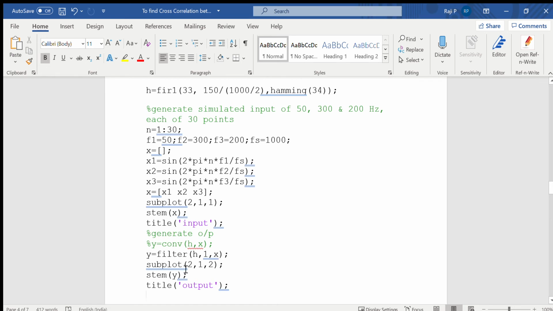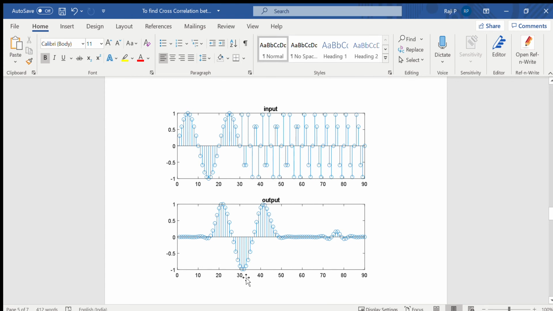Then plot the signal with subplot of 2, 1, 2. In the second area, stem of y will plot the filtered output, with a title. Once you run the program, this will be the output.